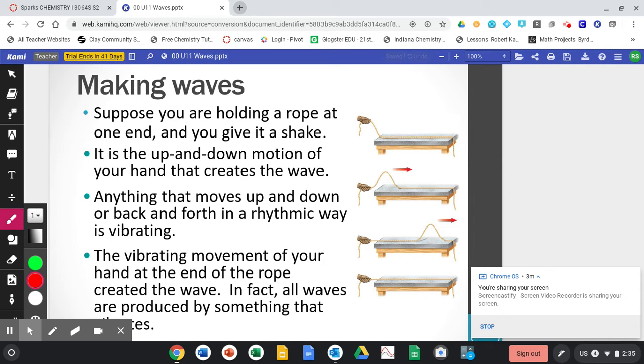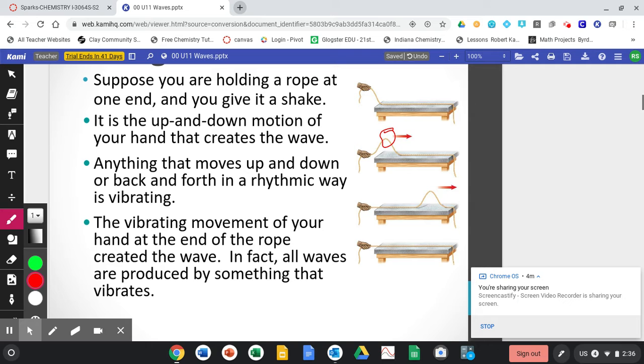So if you're making waves, there's a diagram off to the side of this where if you take a rope and you give it a shake, you actually see this hump travel through the wave until it reaches the end of the rope. And it's kind of fun to play with. We would have done that with some springs and had some fun with it, but unfortunately we're not doing that.